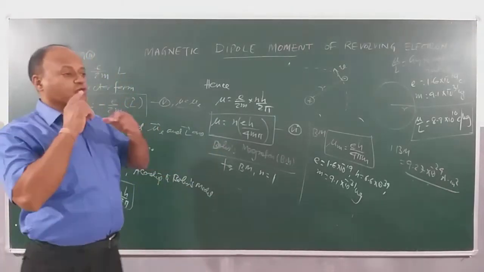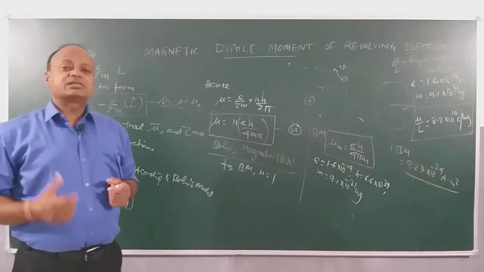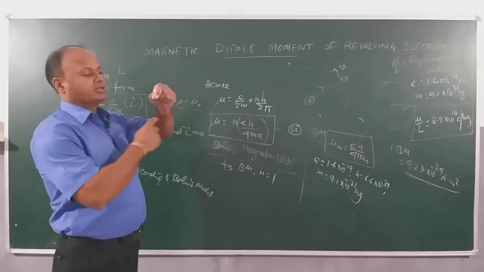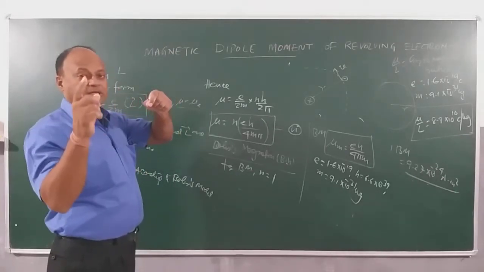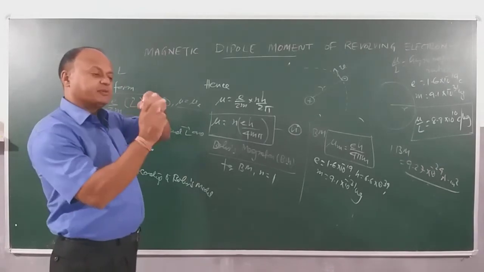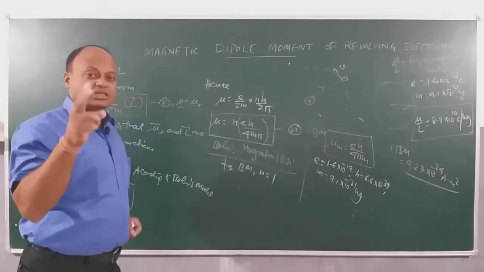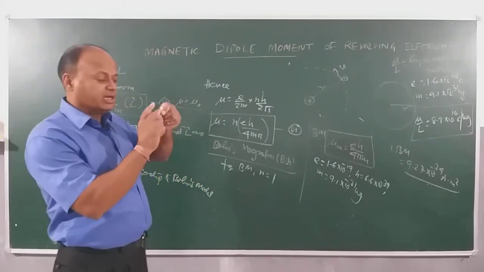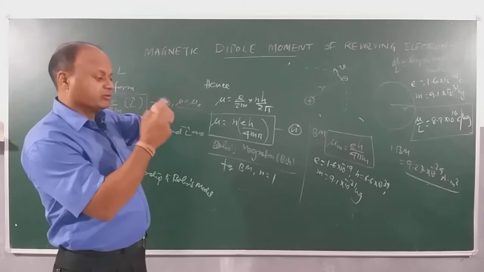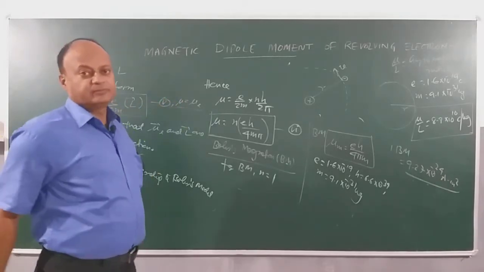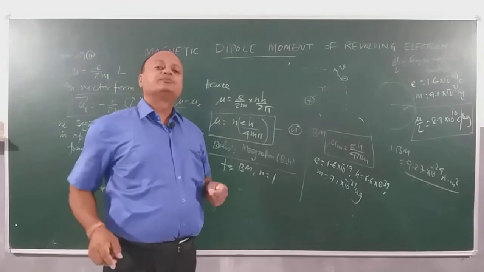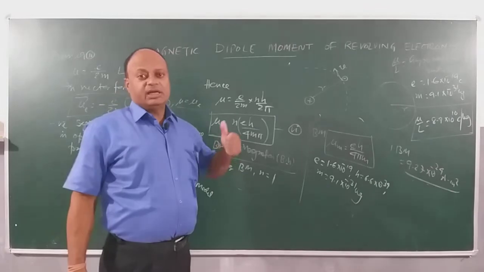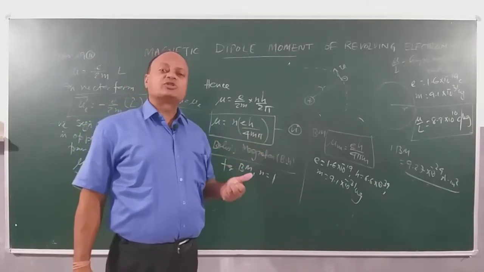But remember, as the electron goes around the nucleus, actually the electron has two motions occurring at the same time. This is how the electron is going around in the circular path, right? But at the same time, as the electron goes around the nucleus, it spins on its axis. Two motions are there. One is the spin motion the electron is having. It spins around its axis while it moves around the nucleus in a circular path. So when the electron is spinning, it again contributes extra to the dipole moment associated with the electron.